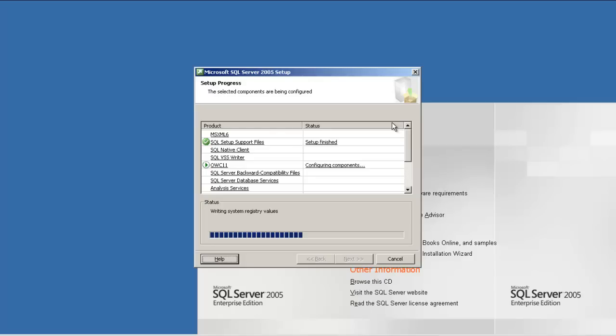That's it. Of course, then there is a Data Center Edition. It may lack some of the features that the Enterprise Edition has. That's it.